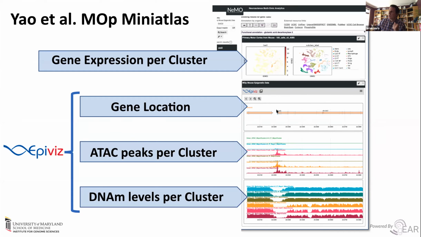So once you type in that gene, you actually get directed in the genome view directly to that gene. And you can see very quickly open chromatin regions, and they also have associated DNA methylation. So you can see if there's associated demethylation events over that gene, which all leads to increased gene expression.